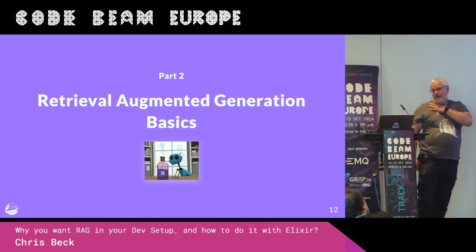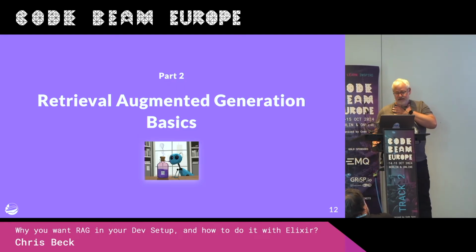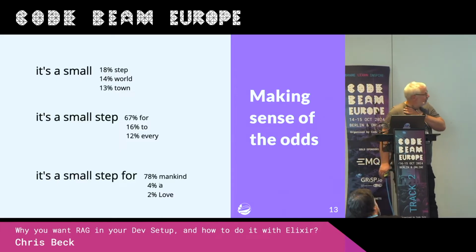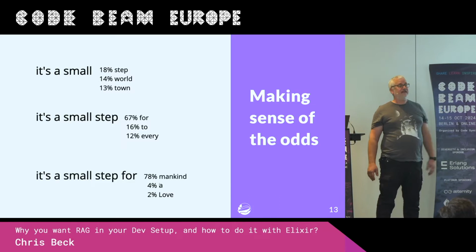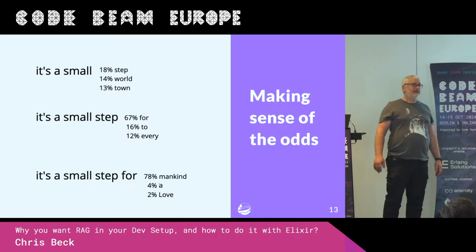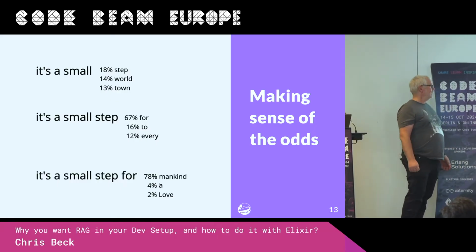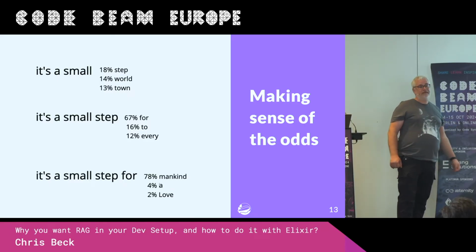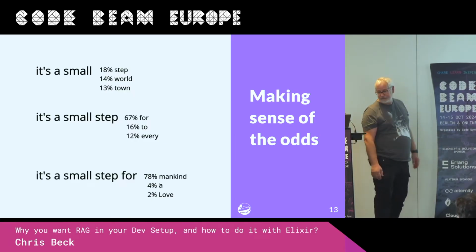Okay, so what is retrieval augmented generation? You've probably all seen a graphic like this. It's an LLM that tries to make sense of the context as it has and the training that it has, and it computes the probabilities for the next word. It tries to find the solution that makes just about sense to get away with.